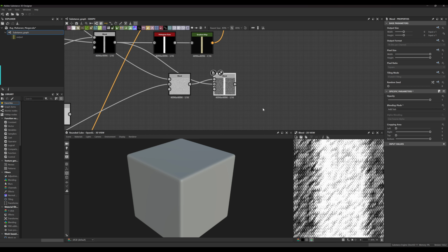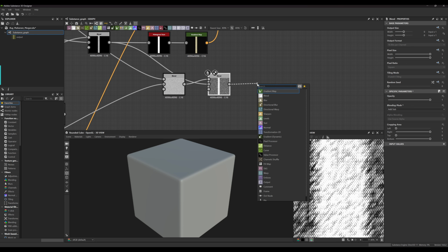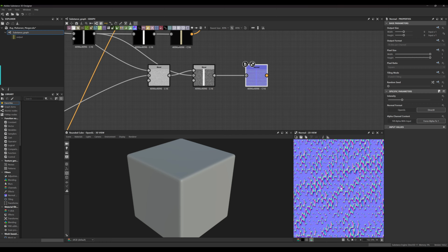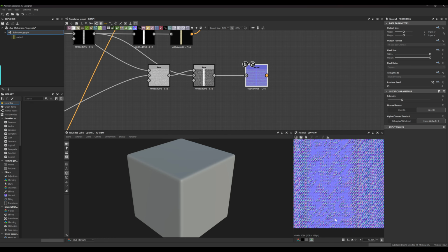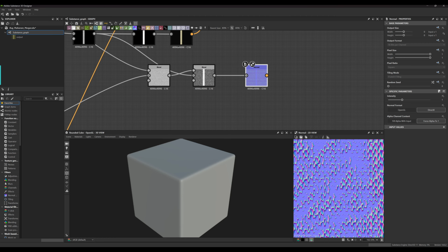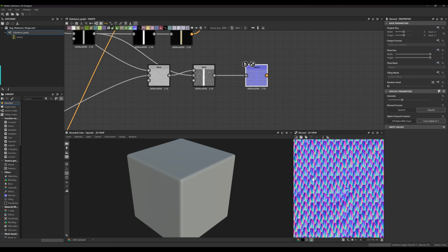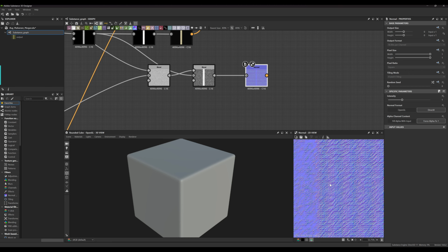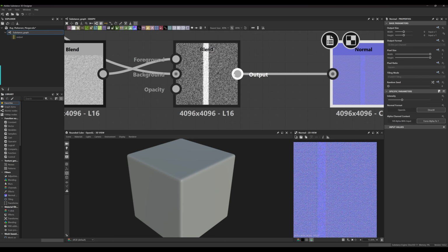If I create a normal off of this, that normal seems to be too crushed. I may just need